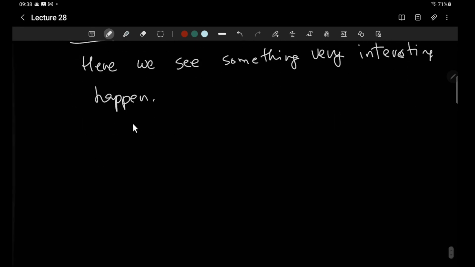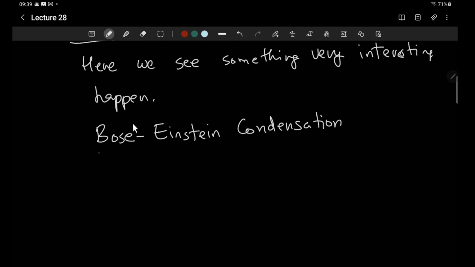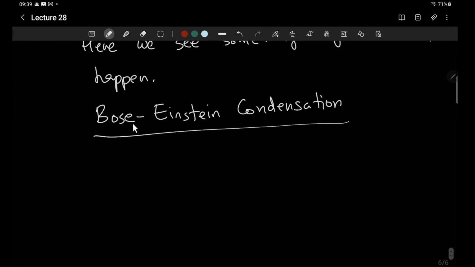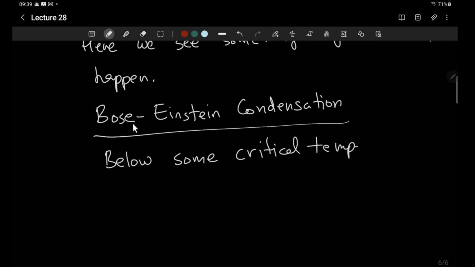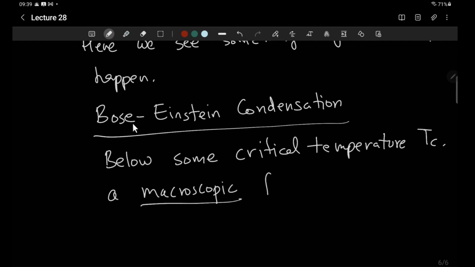Okay, and it's a phenomenon which goes by the name of Bose-Einstein condensation. And what is this phenomenon? The phenomenon says that below some critical temperature, Tc, which we will determine, of course, a macroscopic fraction of the particles